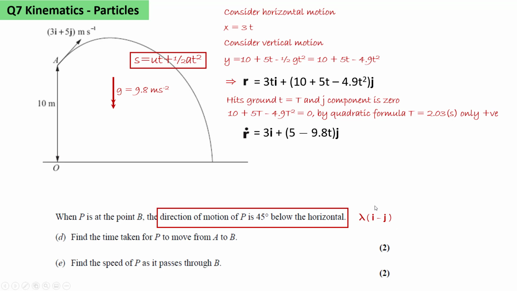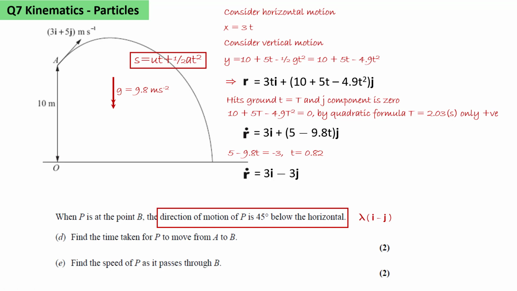More generally, we know that the velocity vector would have to be a scalar multiple of lambda times i minus j. That will give us an equation which says that this component is equal to minus this component. So 5 minus 9.8t equals minus 3. So that tells us that t equals